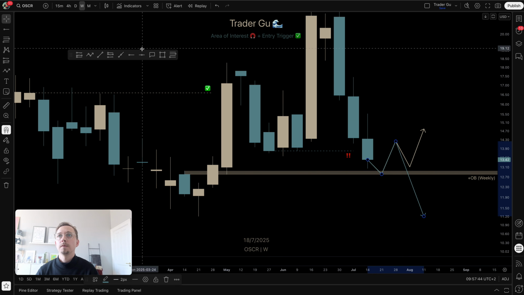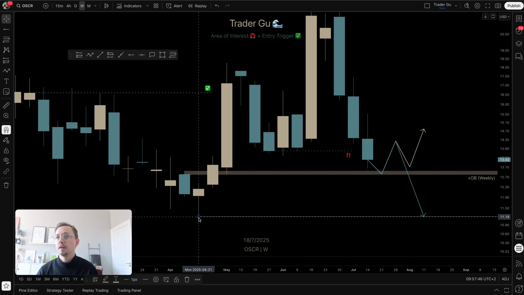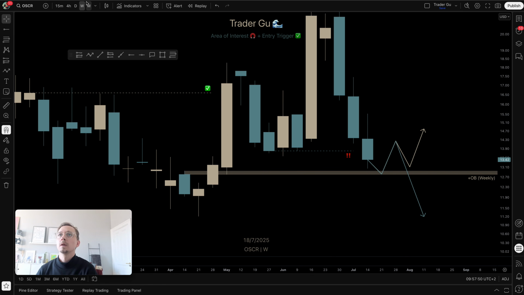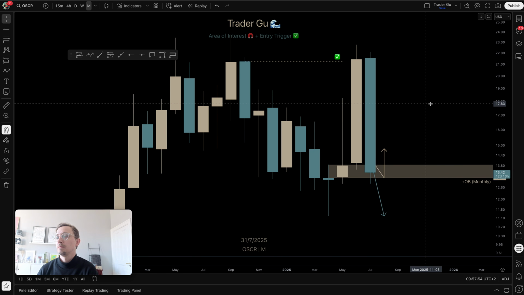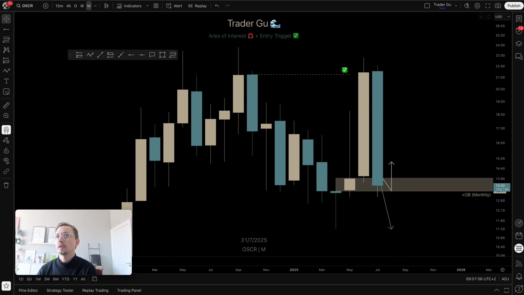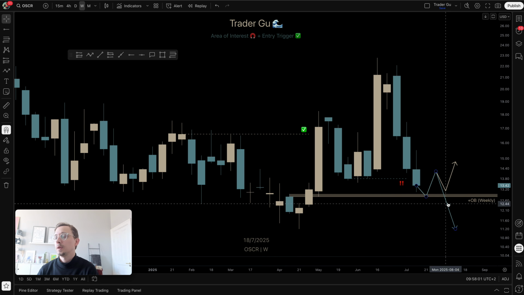So what I really like about this setup here is that we have a clear invalidation level here at 11.20. We have a bullish monthly market structure and we're retesting the support. And then on the weekly,